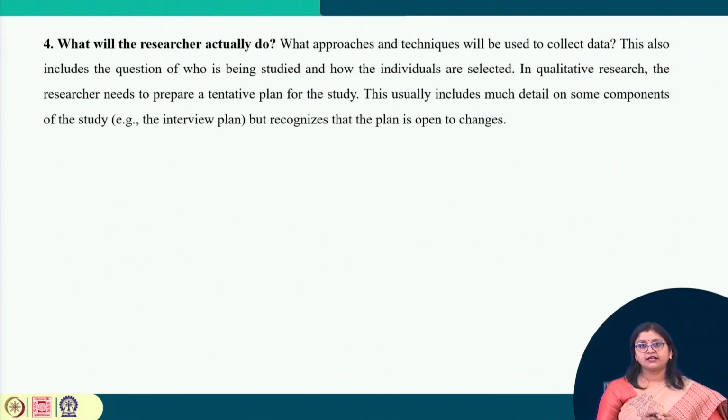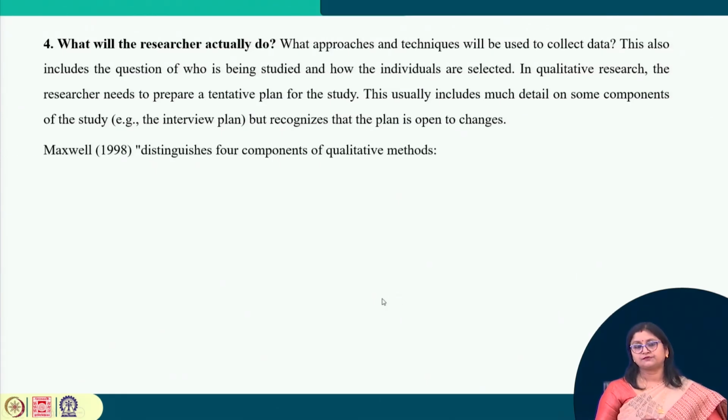What approaches and techniques will be used to collect the data? This also includes the question of who is being studied and how the individuals are selected. In qualitative research, the researcher needs to prepare a tentative plan for the study. This usually includes much detail on some components of the study, like the interview plan and observation plan, but recognizes the plan